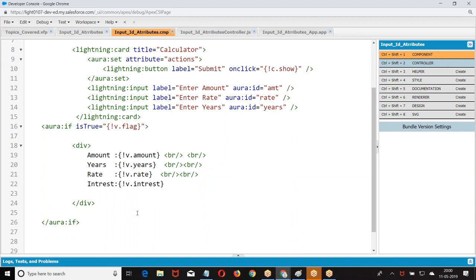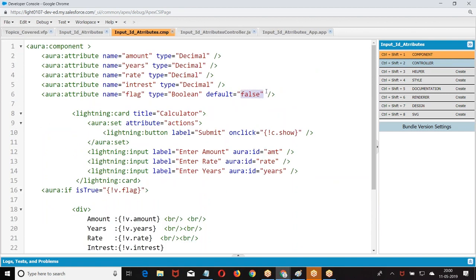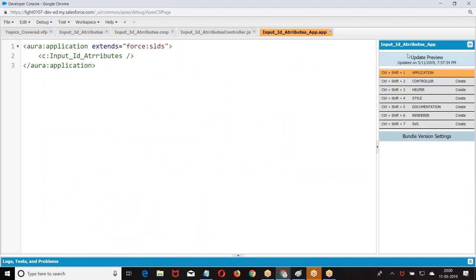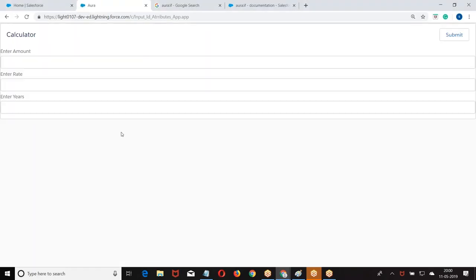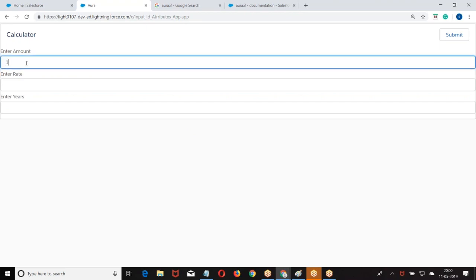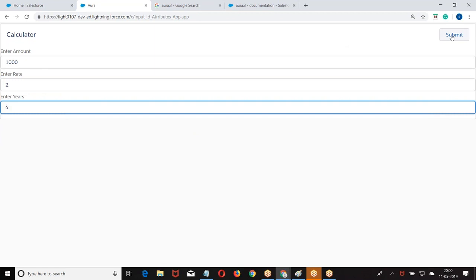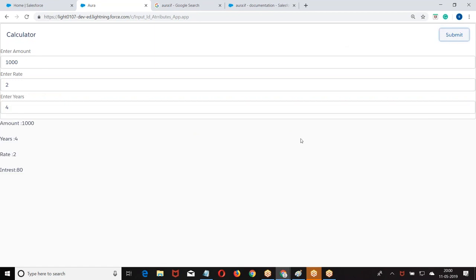Otherwise, it will not be displayed. So when will it be true? When you click on the button, if interest is above 0, then this is true, and it is going to be displayed. What default value do I give? False. As I told, the default value is false. When you load the component, it won't be displayed. The purpose of why I have taken aura:set is that you also know the syntax of else.